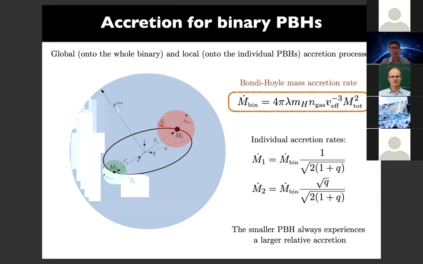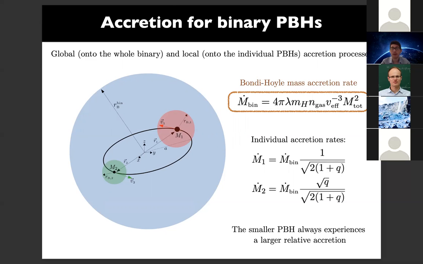But as the semi-major axis of the binary is smaller than the binary boundary radius, basically one can describe the accretion flow onto the whole system, and then compute the individual accretion rate onto the single primordial black holes, which of course will depend on the characteristic masses, the velocities in the binary, and also on the density around them. And after some simplification, one gets these two expressions for the individual accretion rates in terms of the mass